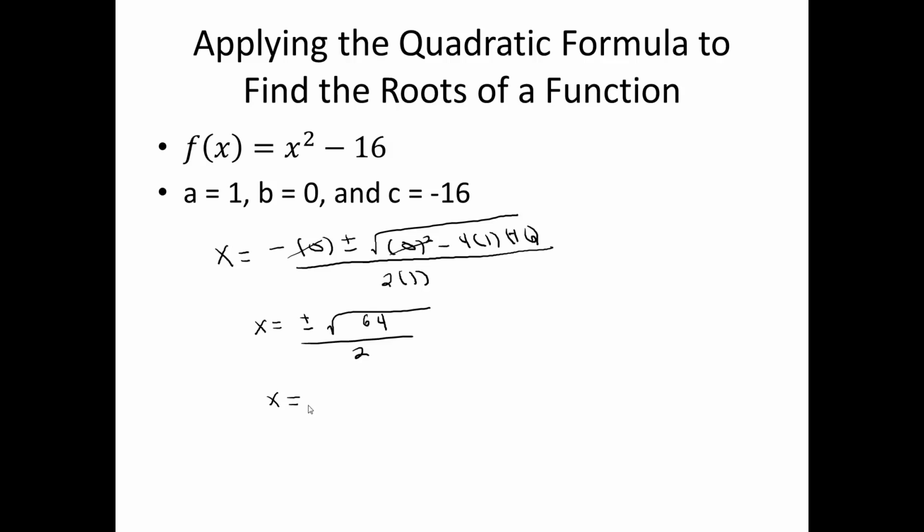Now we know that the square root of 64 is a perfect square, so I can go ahead and take the square root of that. That'll give me positive or negative 8 over 2. Now once I get that square root as simplified as far as I can, this plus or minus is going to split my problem up into two possible answers. So I'll have a positive 8 over 2, or I have a negative 8 over 2. And we would solve or simplify both of those to get our two roots. So x equals 4, or x equals negative 4. Those would be the roots